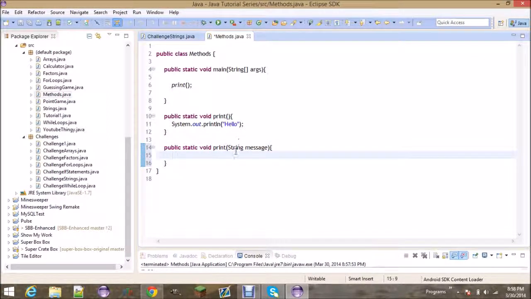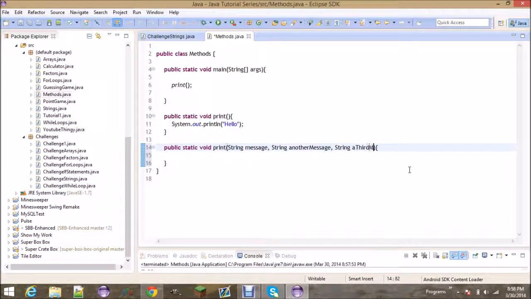Now when you define an argument, you have to say what type of argument it is. We're saying a string. You can make it an int, a boolean, you can make it any object. You can even pass in a scanner, let's say, and then just the name for it. The name is just like any variable name, it does not really matter. And if you wanted to add in more arguments, you separate them by commas, and you just say, another message,